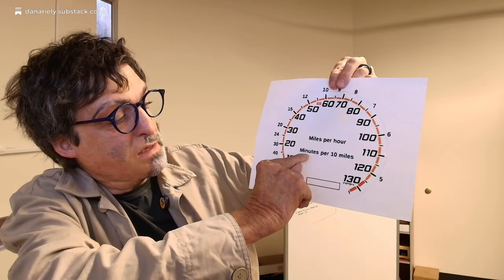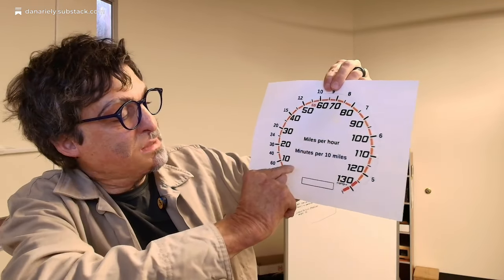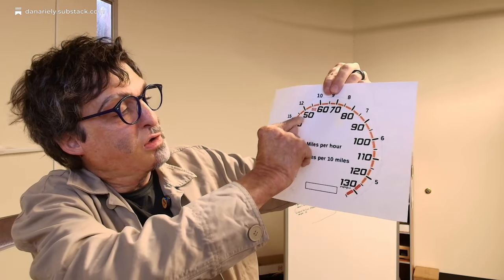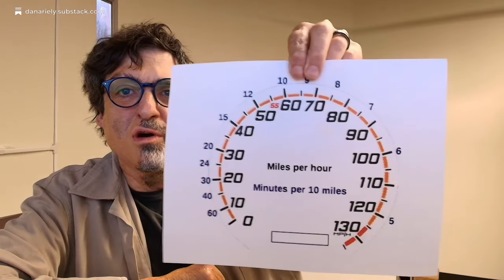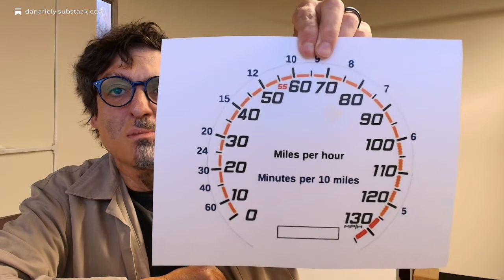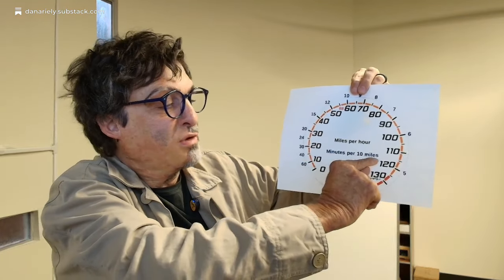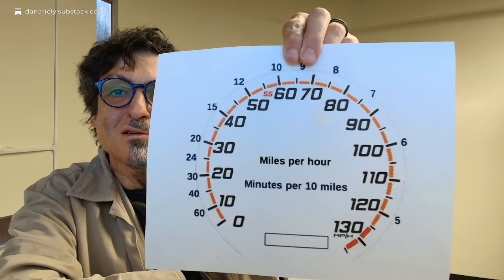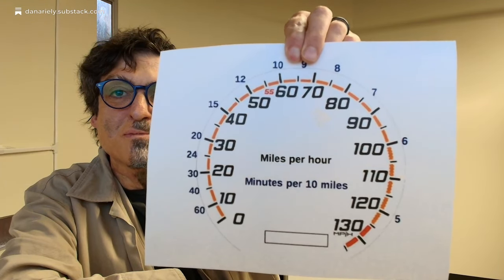The first thing you see is a scale, miles per hour: 0, 10, 20, 30, 40, 50, and so on. We all have seen those things before. Here, let's see it, miles per hour. But this scale actually has another scale, and this other scale is minutes per 10 miles. How many minutes does it take to do 10